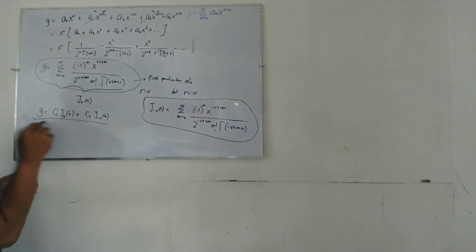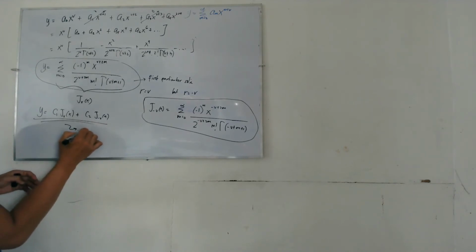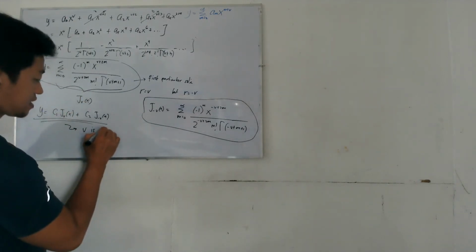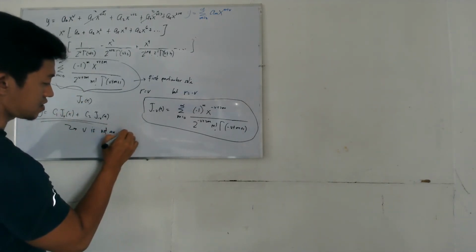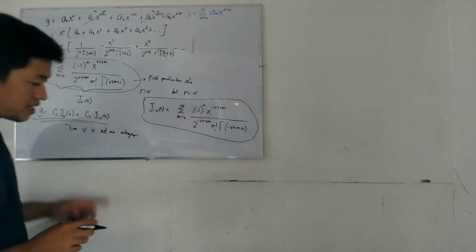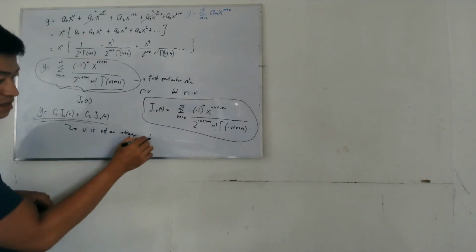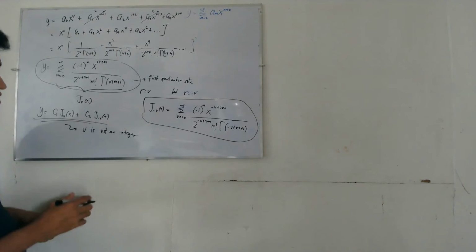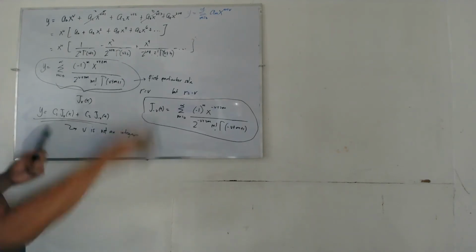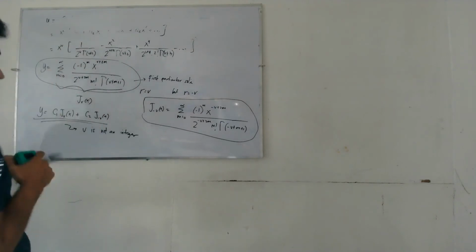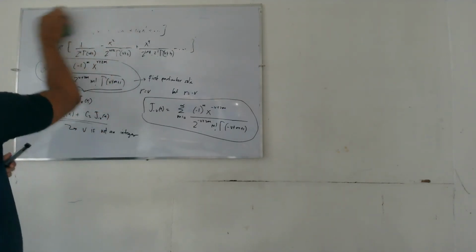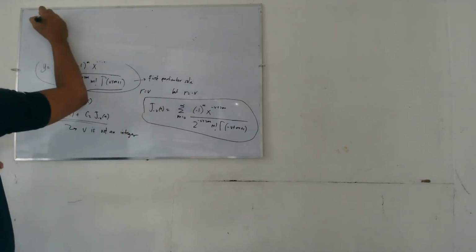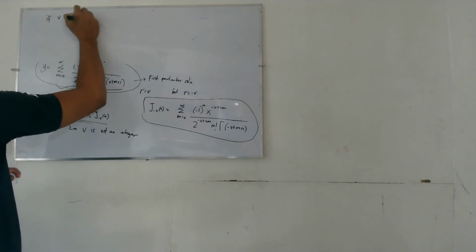So take note, kani nga solution will result when v is not an integer. Not an integer. Sabot ana, kung fraction gani ang imong v equals 1/2, 1/3, mao na imong general solution. Now, unsa may general solution nimo? When v is an integer,